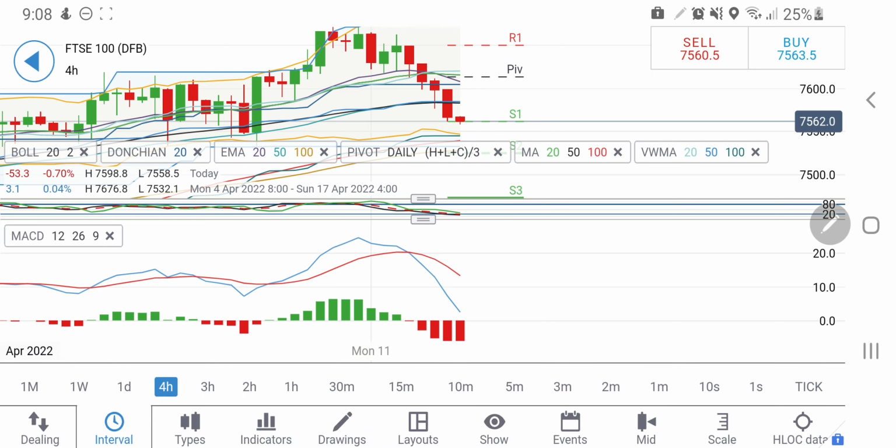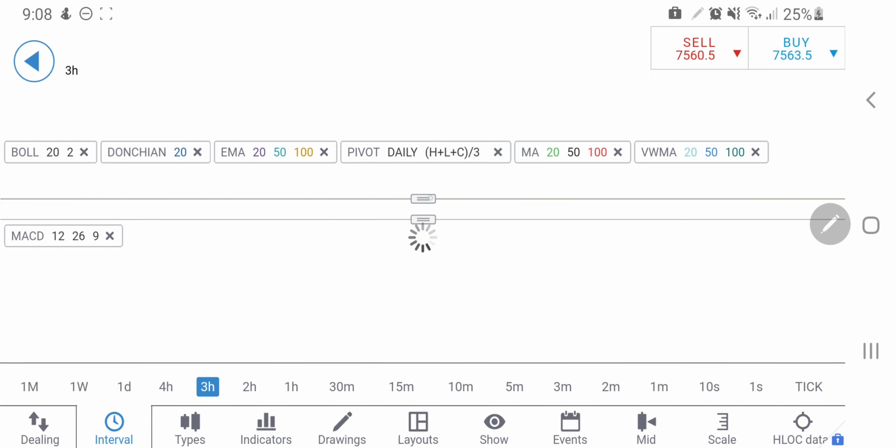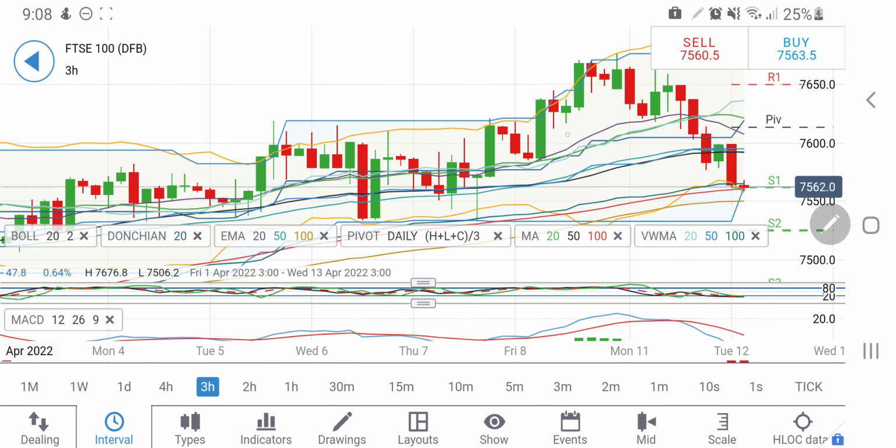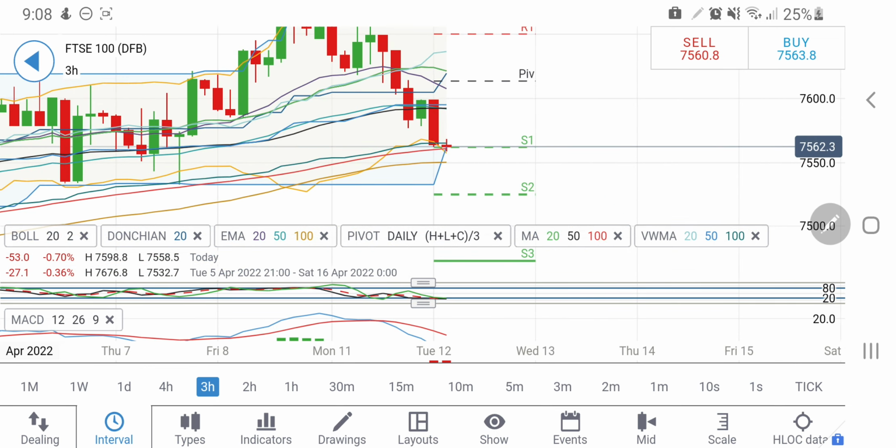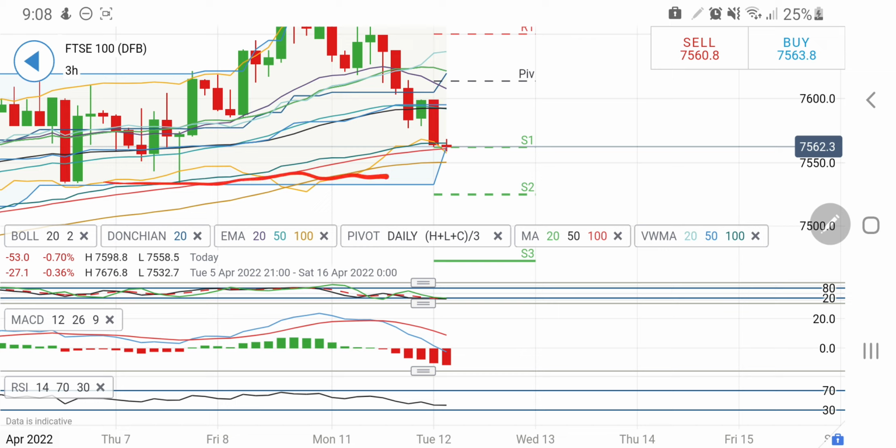So this is what we can see on the 4-hour charts. Coming back to the 3-hour charts, I have always told 7560 a strong support, and now 7540 very strong support. So these two levels I'll be watchful here, and if it reverses from here and tries to break 7600, one can definitely remain long for 7610, 7620, and beyond that sky is the limit.